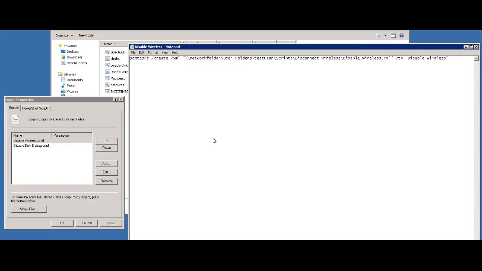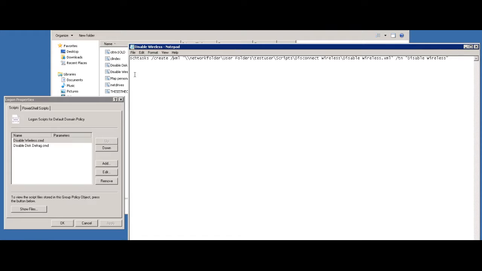In order to do this, we set up a group policy. As you can see, I set up a group policy for scripts under the login properties. I've had successful attempts only under the login properties. The startup scripts tend to not work correctly, so put it under login properties. So once you're in there,